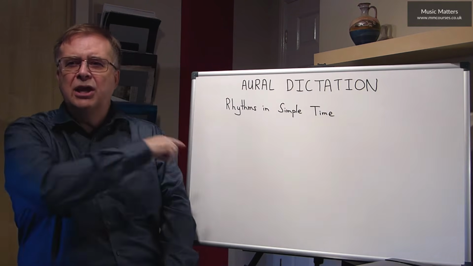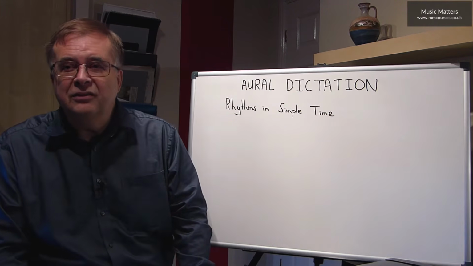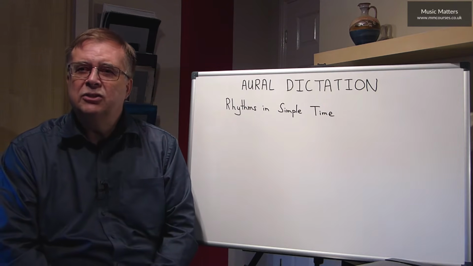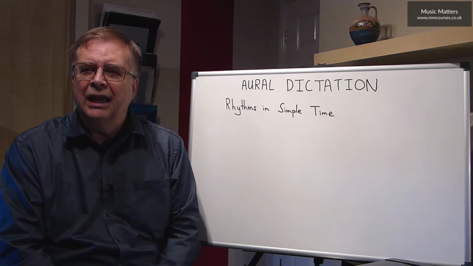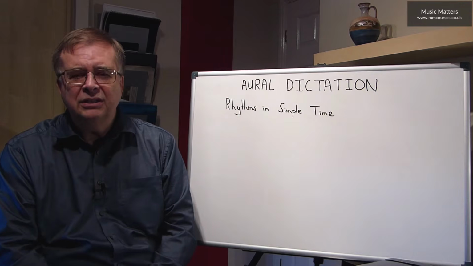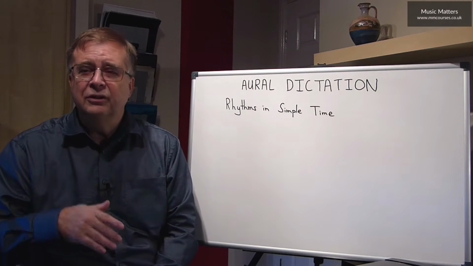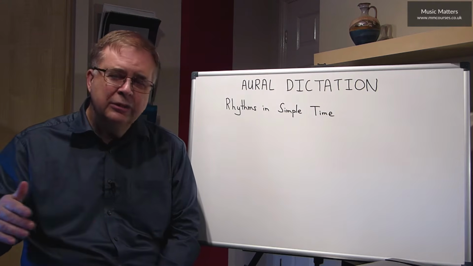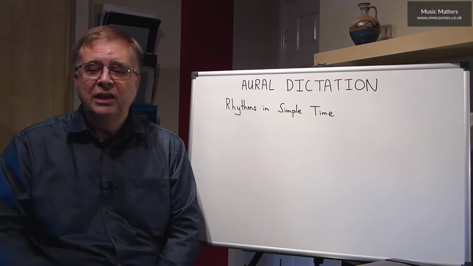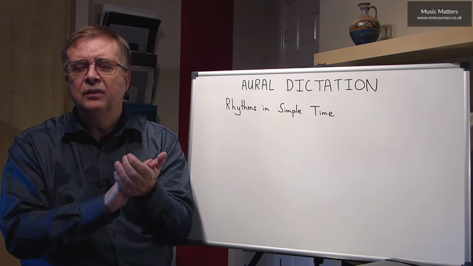Now, it's one thing to know the theory of what we've just explored, to know how many beats are on each note. It's another thing to deal with listening to a rhythm and working out what the note values might be. And I think the best way of doing this is to count your way through a bar and ask yourself what is happening on every single beat and what is happening maybe between the beats or within the beats. So for example, if I've got a beat that does this,